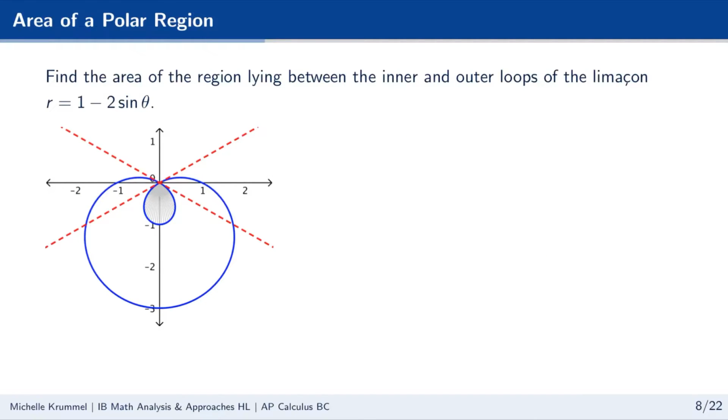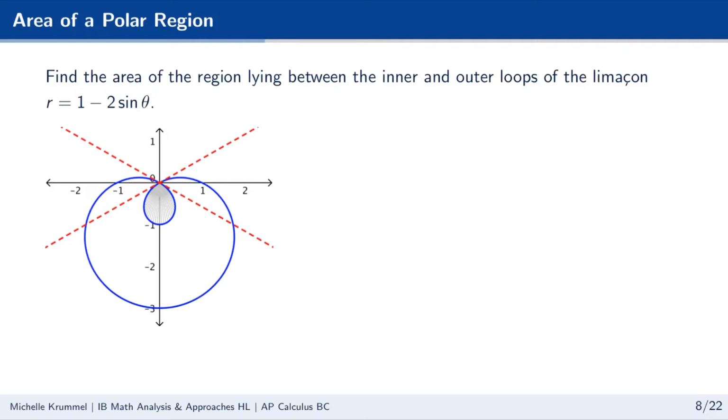Okay, so here's a better picture of our curve with the tangent lines drawn. And we have to think about how we're going to get the area between the inner loop and the outer loop. So what you see shaded in this graph is not the area that we're looking for. What you see shaded in this graph is just the area of the inner loop. But we're going to need to know the area of the inner loop. When we find the area,